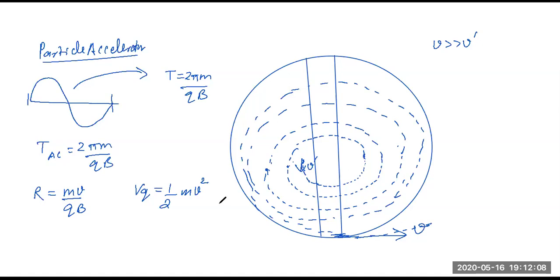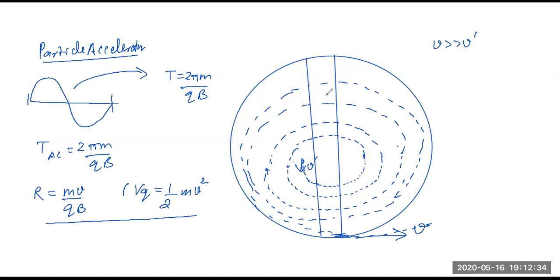Yes or no? Right? So when we have a question, you'll understand this thing. But this way you can relate velocity and potential, and you can find out the radius also. What will be the radius here, what will be the radius there, and so on and so forth. They'll give you that after how many turns you want to find out the velocity, so you'll multiply this respective value that number of times.